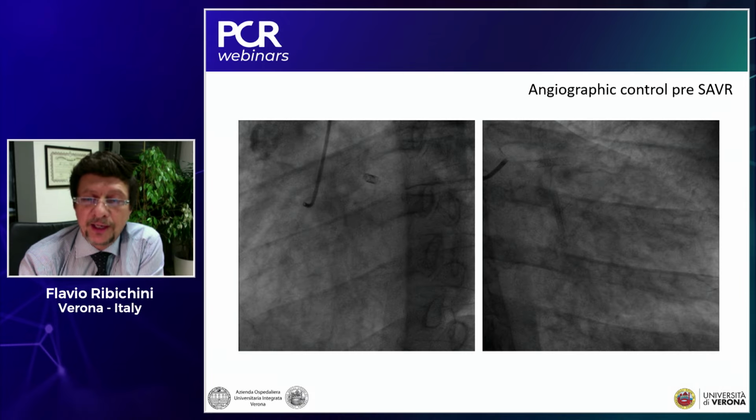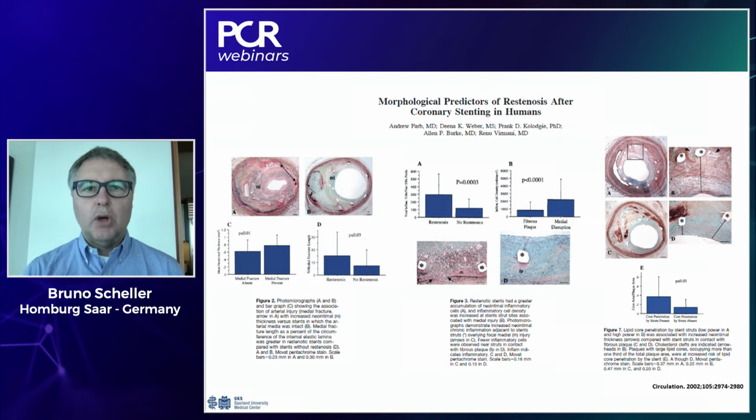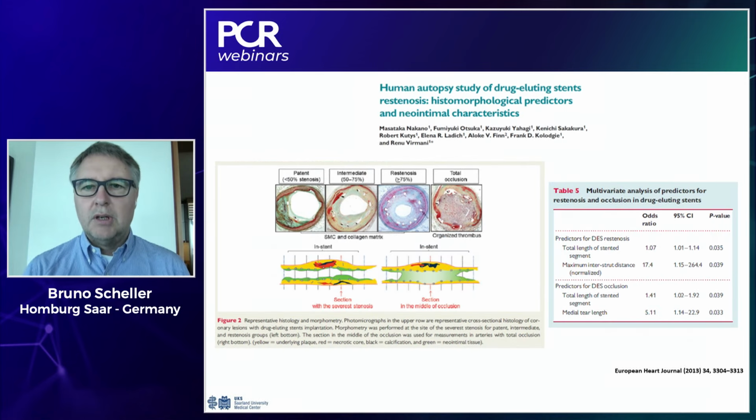When we go back to the histological examinations, for example, here for bare metal stents, we learned that the amount of injury you create is one of the reasons why we have neointimal formation, which is in contrast to our goal to have no stent under expansion. And we know that we can create inflammation by this permanent implant, and these are the factors leading to restenosis. For drug-eluting stents, we have much more knowledge meanwhile,